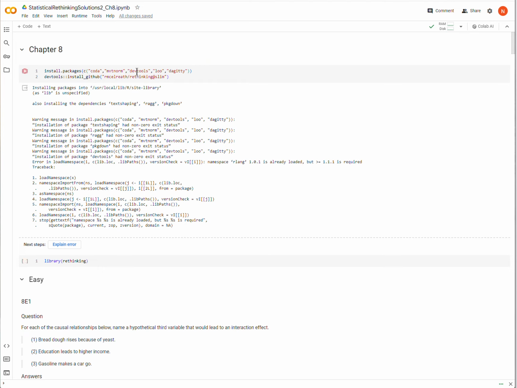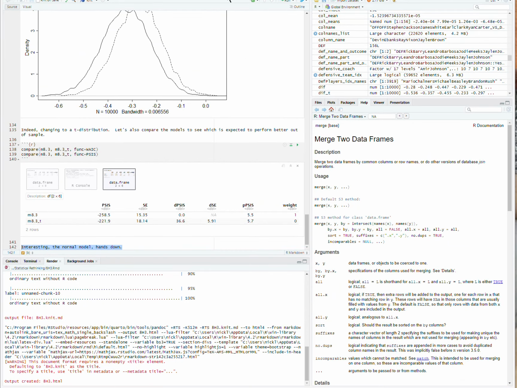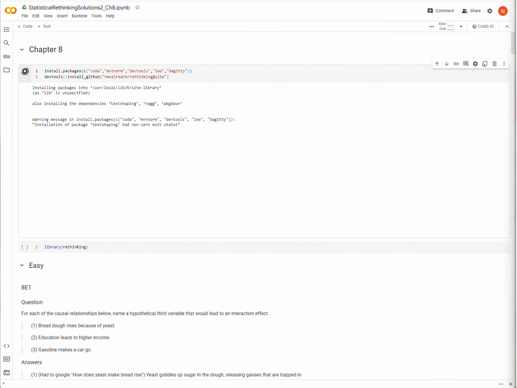So I'm in Colab right now, and for reasons that I don't understand, my installation and loading is failing every time. So I had to do this entire thing instead in R Markdown here, which looks like this.